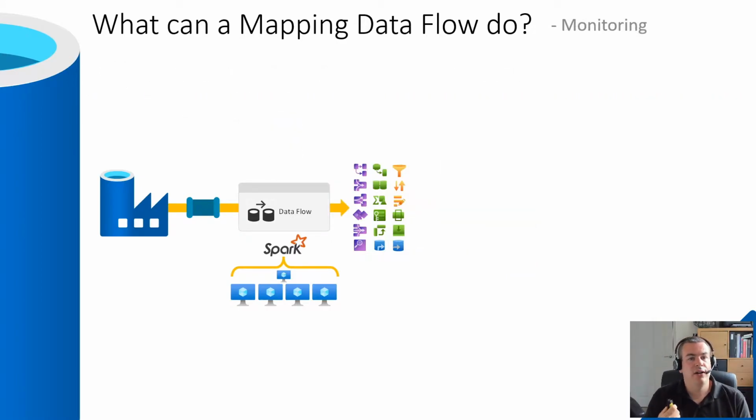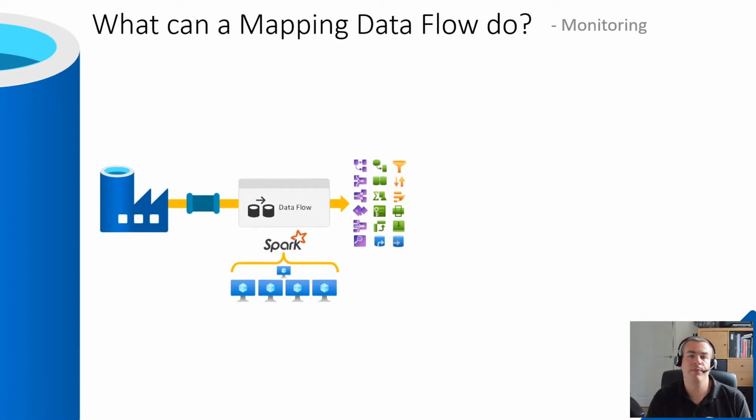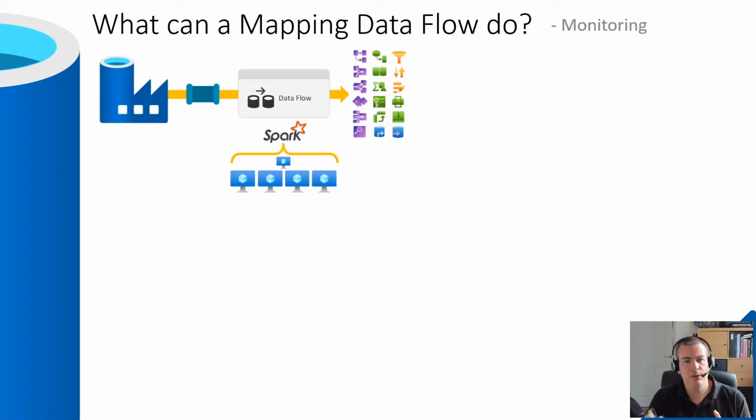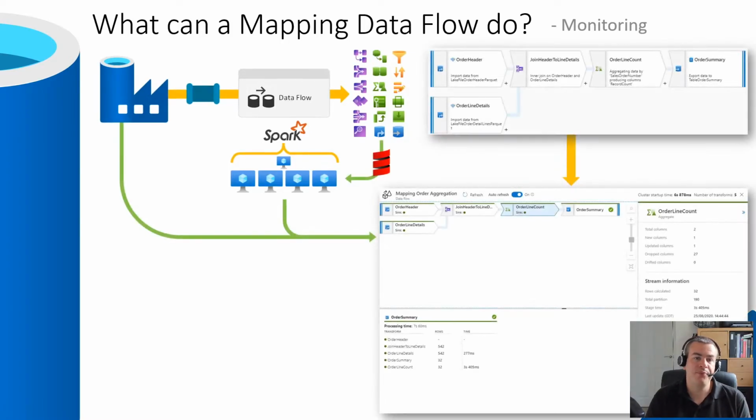The last thing that our mapping data flow can do is its monitoring capability. Now, this is something that's really quite nice. If we run our data flow in debug mode, we will have the simple mapping data flow transforms that we've seen when we've built them. But then, at the control flow level, when we ask Data Factory to go and run this, it will give us what I've put in the bottom right of this slide, this sort of pseudo representation